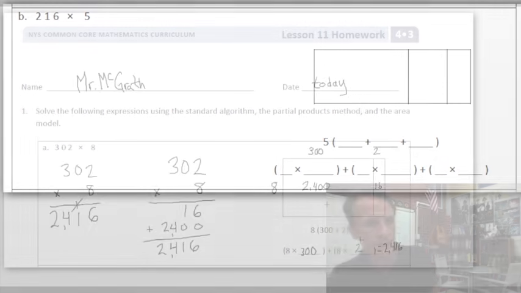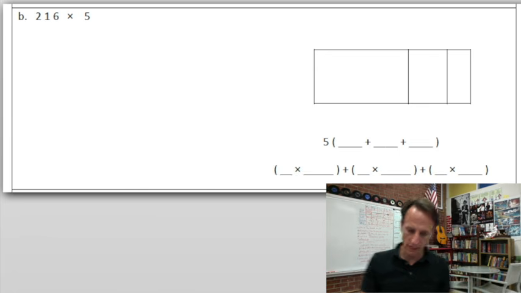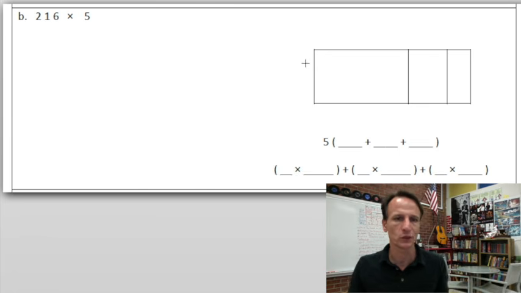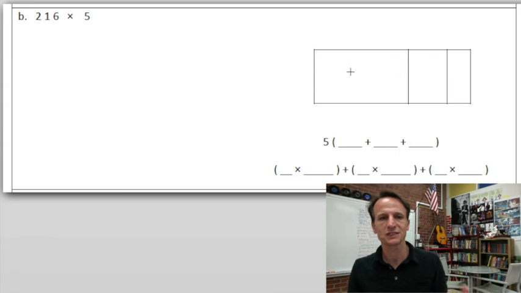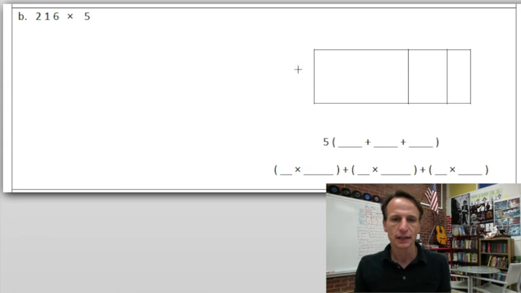Let's go. And here on 1B, we have more of the same, but we have to do a bit more of the work. So let's go again in the reverse order that they gave to us and start with the area model, okay? So we're doing 216 times 5. And so the shorter side of our area model here, we will label 5. And then the 216 will break out, we can say, into expanded form. You see why we did that as 210